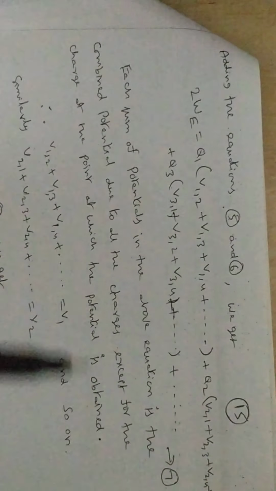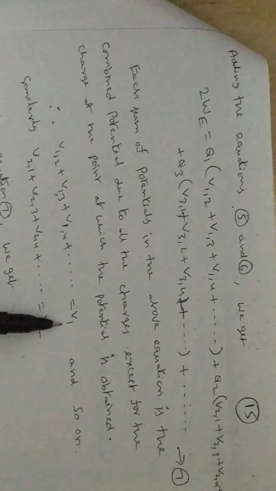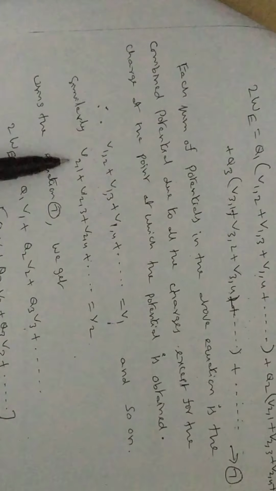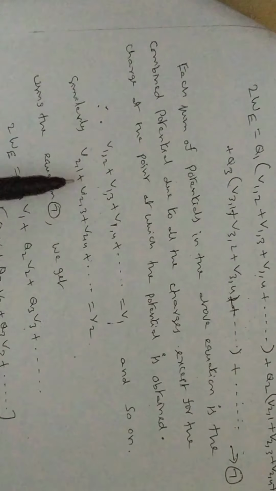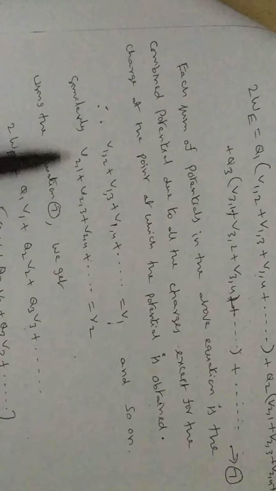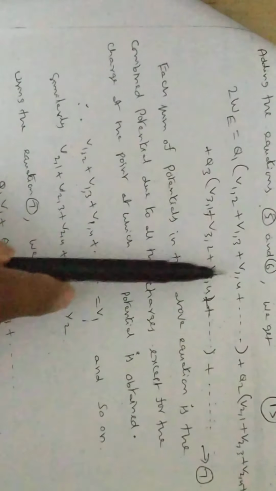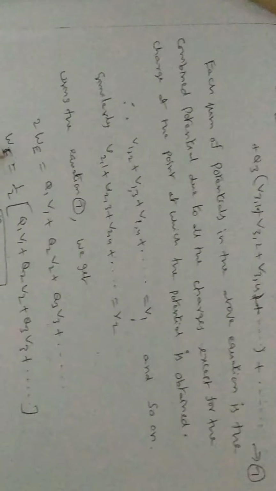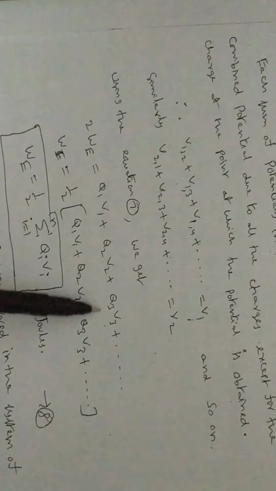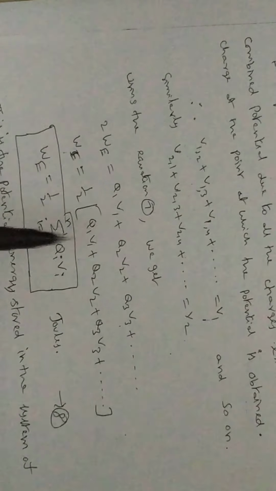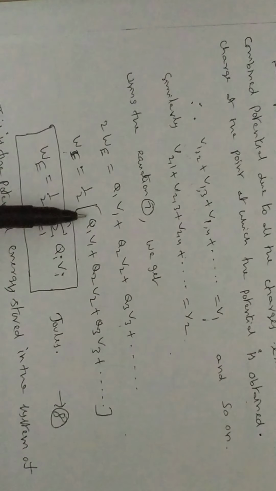So that is called the total potential at the particular point, say the first point, that is called V1. Similarly, we can write for other terms also, V21, V22, V23, V24 and so on. That is nothing but the potential with respect to the particular point, that is 2 only. So therefore this entire term is replaced by V2. This entire term is V1. This entire term is V3. Then you will get the total complete expression 2W is equal to Q1 V1 plus Q2 V2 plus and so on. Then the total energy, potential energy or energy stored, W, is equal to half of this term.